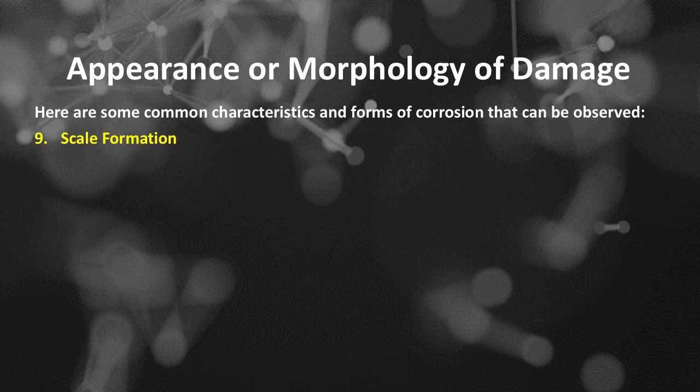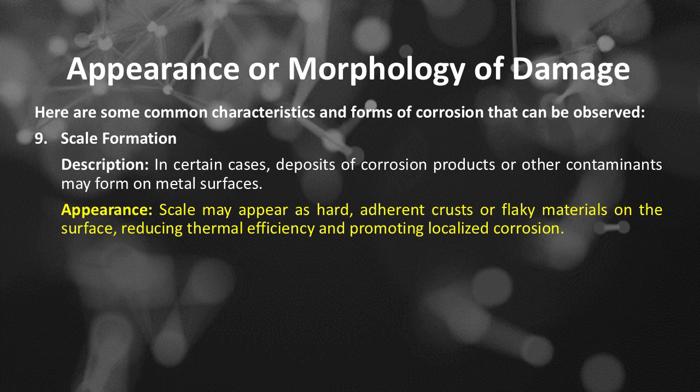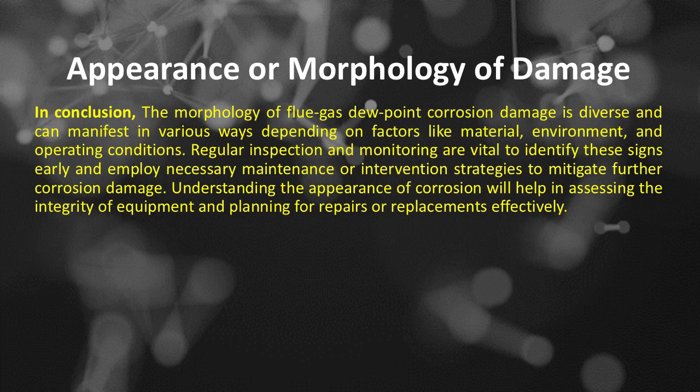Number 9 is scale formation. Scale formation description: in certain cases, deposits of corrosion products or other contaminants may form on metal surfaces. Scale formation appearance: scale may appear as hard, adherent crusts or flaky materials on the surface, reducing thermal efficiency and promoting localized corrosion. In conclusion, the morphology of flue-gas dew point corrosion damage is diverse and can manifest in various